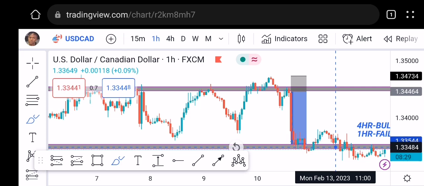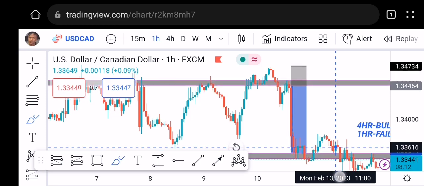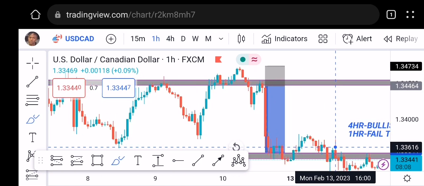If you have a breakout of support and a break back in of support, you need to simply wait for a retest above before you can look for reversals to the upside. Same thing with resistance. If you have a breakout of resistance, you need to wait for a retest below before you can look for reversal to the downside. So people, I just wanted to share this and let y'all see how I took this regular trade, me and my homie, on Friday.